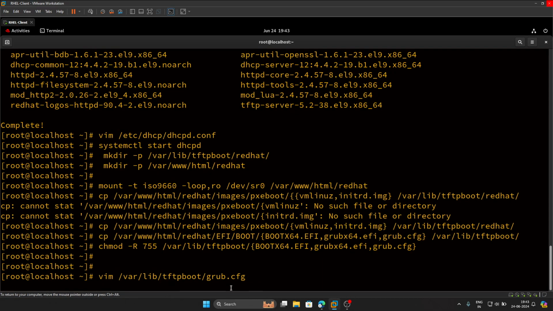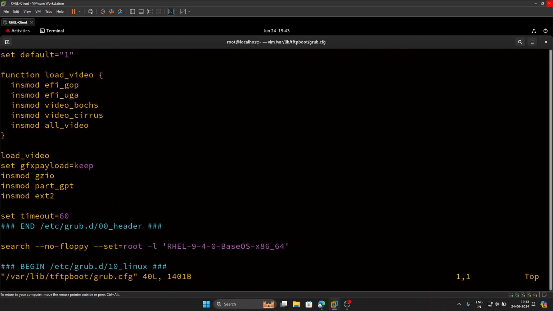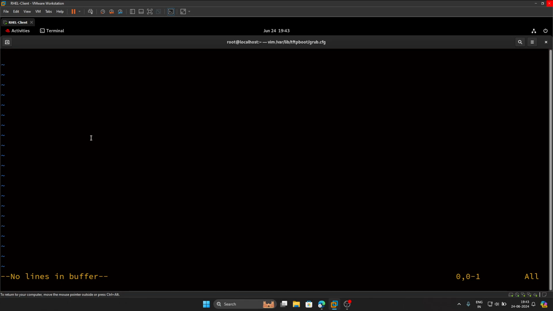ये आपके configure, this file एंटर करने के बाद आपको डिलीट ऑल लाइन, सारी लाइनें आपको डिलीट करनी है। देन तो डिलीट करने के लिए मैं 100 प्रेस करके, ठीक है, डिलीट ऑल।